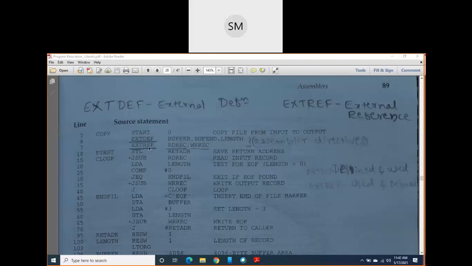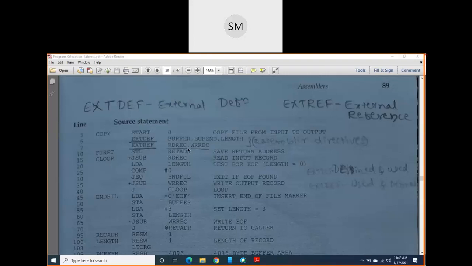Similarly, external reference says that these symbols are used here, but they are defined in some other control section.